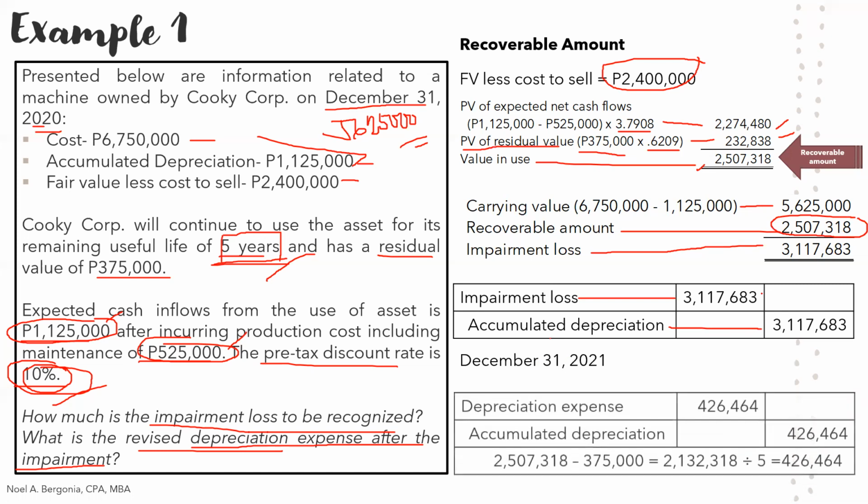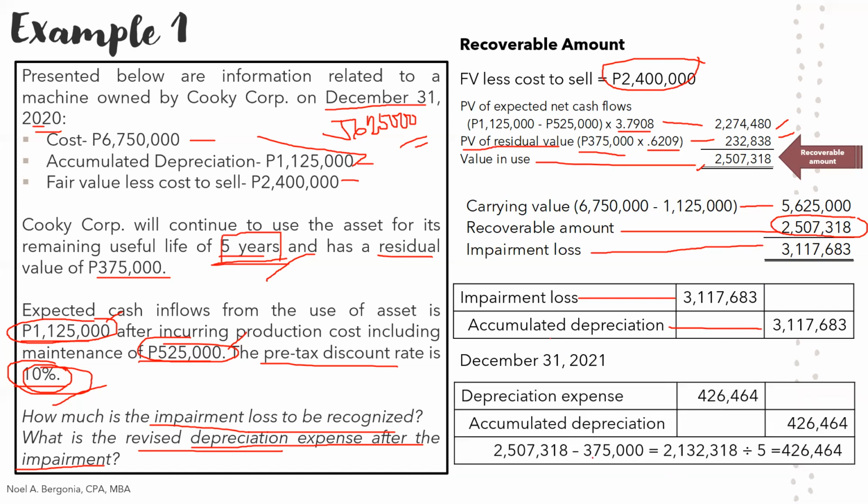So we will be deducting the residual value from it to arrive at our depreciable costs of 2,132,318. And sabi po sa problem, there is a remaining useful life na 5 years, so divide it by 5, and thus our depreciation expense revised for December 31, 2021 is